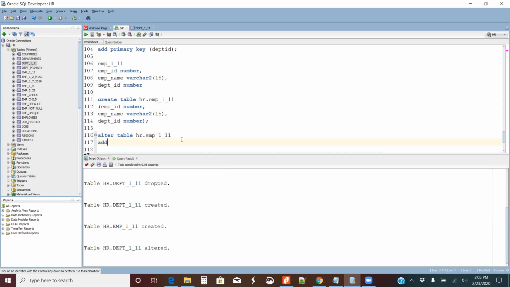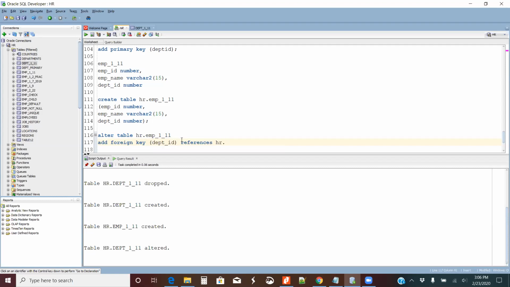Add foreign key, and then in brackets you have to type which column, DEPT underscore ID. So we are saying add foreign key on DEPT underscore ID references, reference this